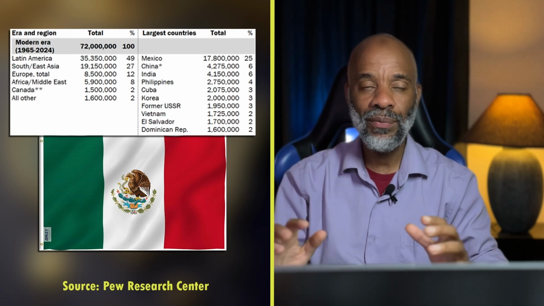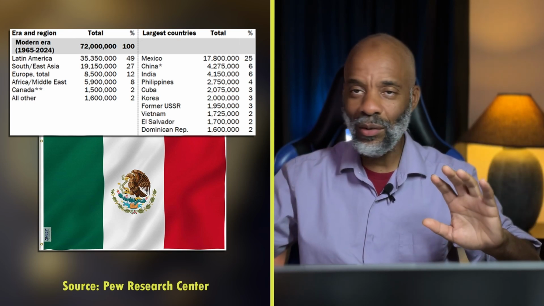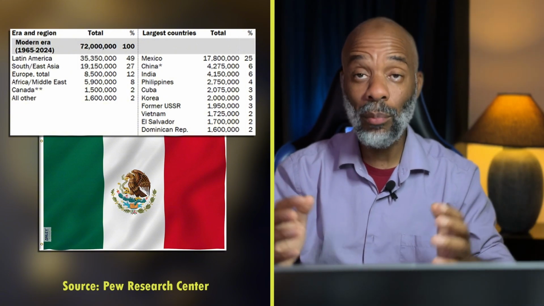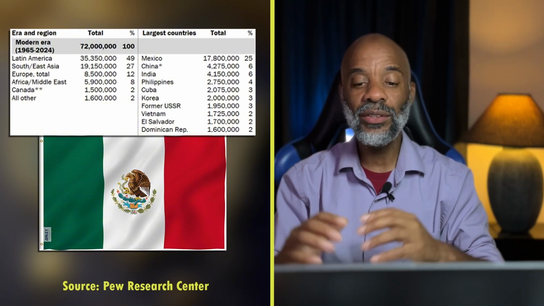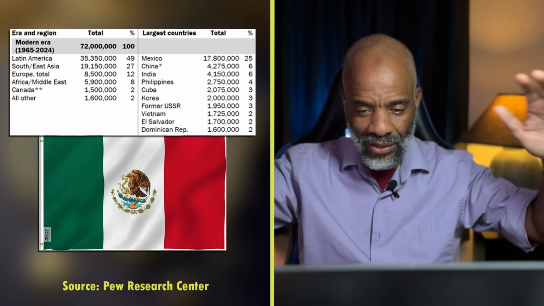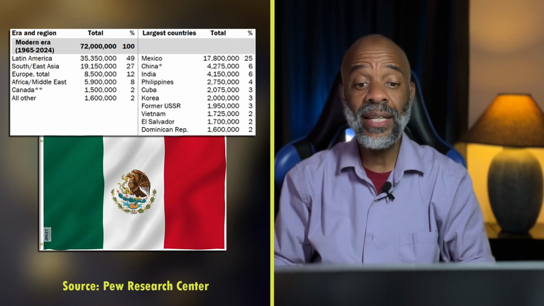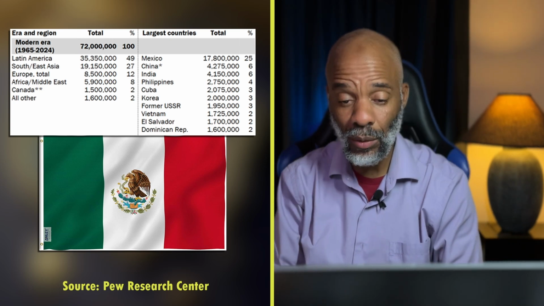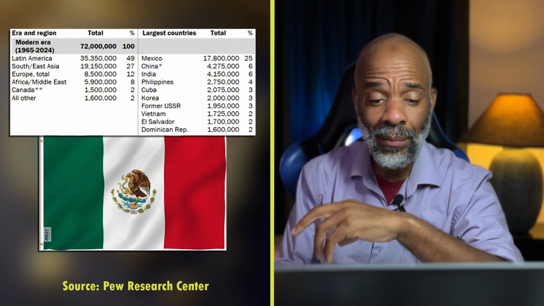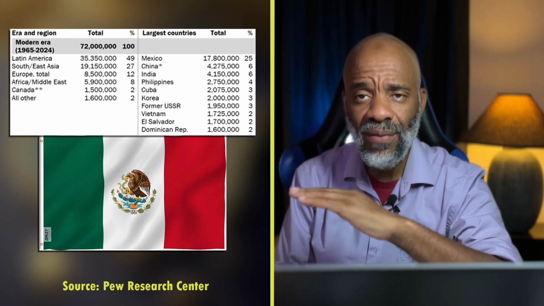And by the way, when I say immigrants, I mean the whole thing. The illegal versus lawful, unauthorized, everybody who is in the country and who was not born in the country is an immigrant. Okay, so we're gonna look at the illegals or the unauthorized in a minute, but right now this is encompassing everybody. And as you can see there quite clearly, Latin America, and in particular Mexico, is really where we've had the majority of people come in from since 1965 up until now. Mexico by far, and it makes sense.